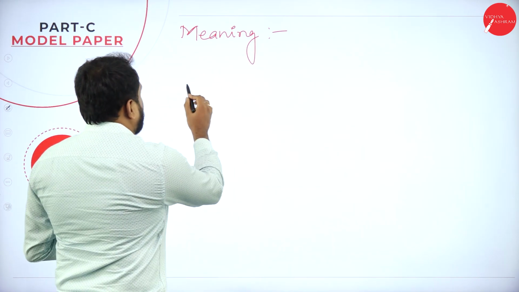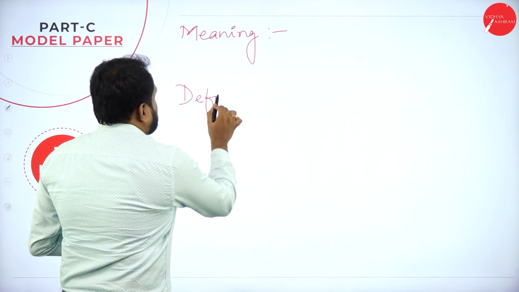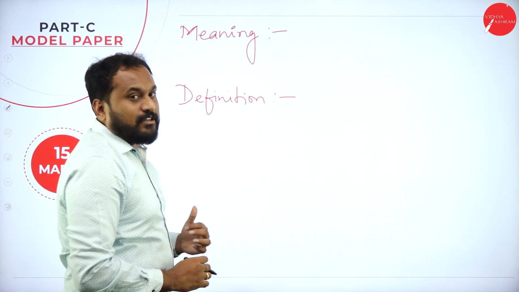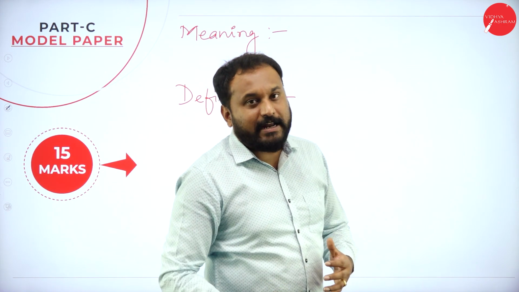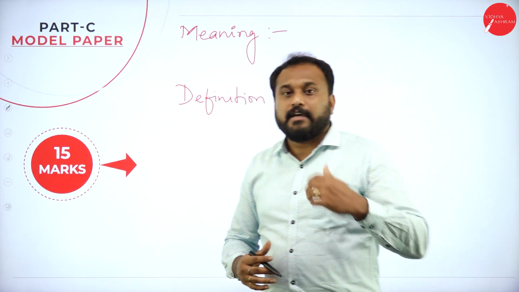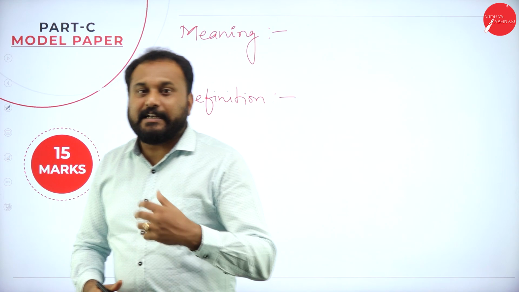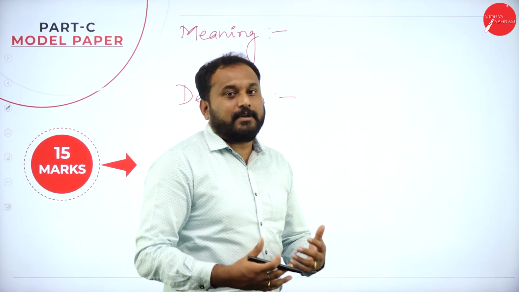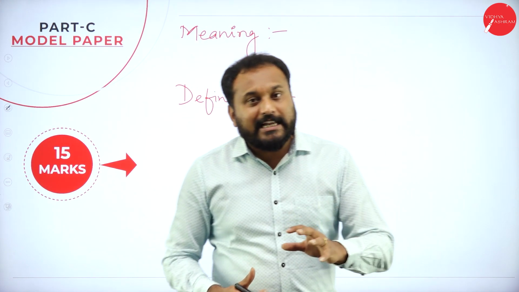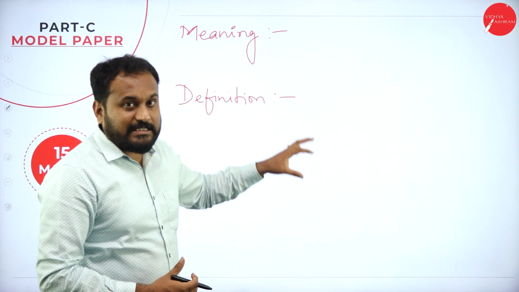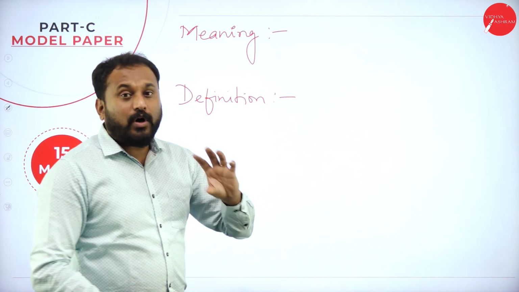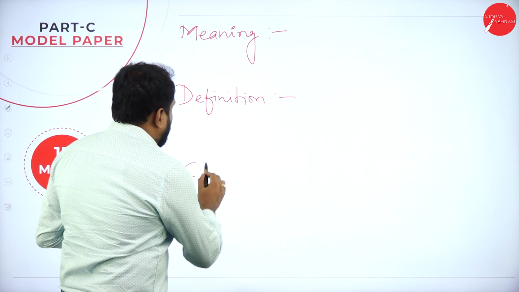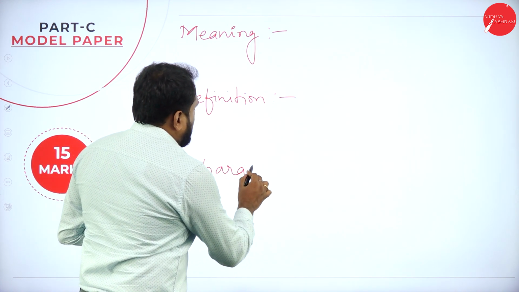Next, you go for one more, that is called definition. Now, there are a few people, the pioneers of management thought. You have Henry Fayol, F.W. Taylor, Peter F. Drucker, you have Koontz and O'Donnell, you have so many other people. Now Philip Kotler. All these people, which I have done in all the sessions, you can write one of the definitions of management. After that, you can actually go for characteristics.